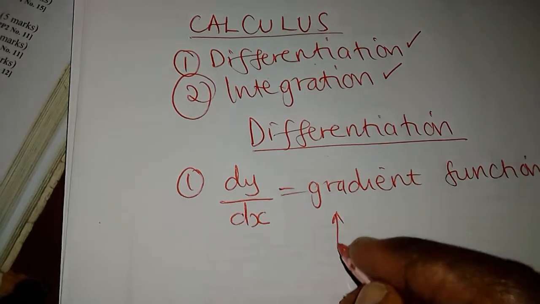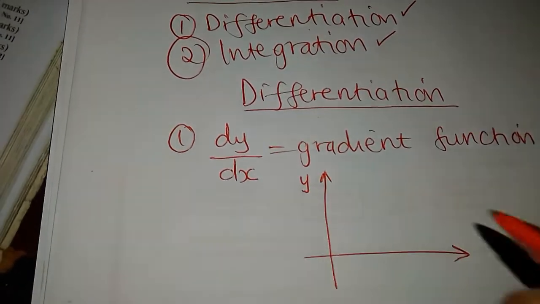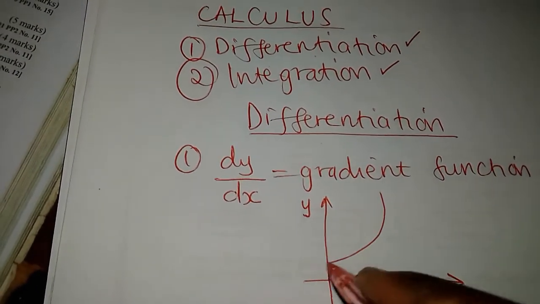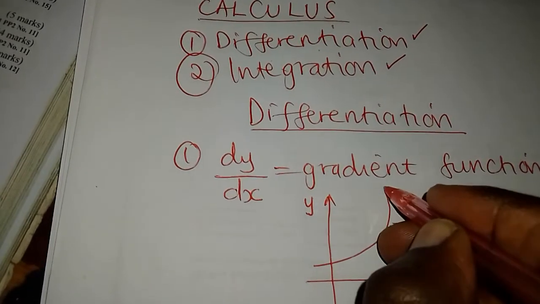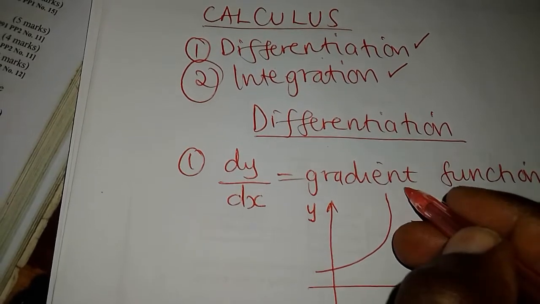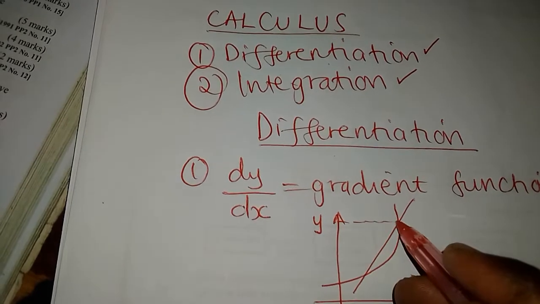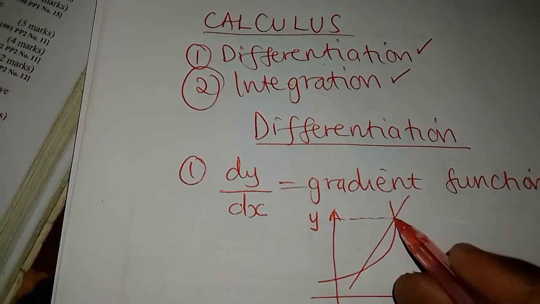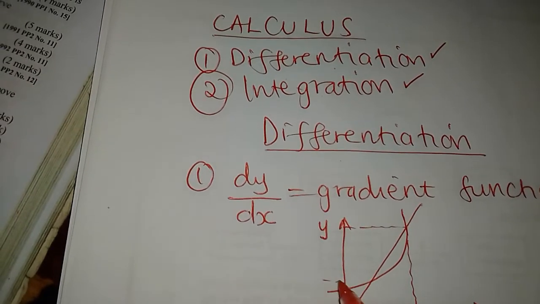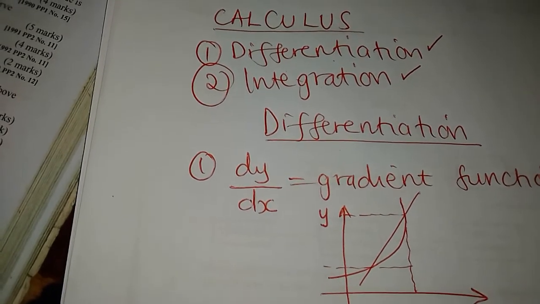You can just imagine having this as your Cartesian plane. So you have the y-axis and the x-axis. In this case, you have a curve having such a shape to some extent. Then you can have a line drawn going like that. Then you can drop a line coming to the base. Good. So in this case, I have at this point